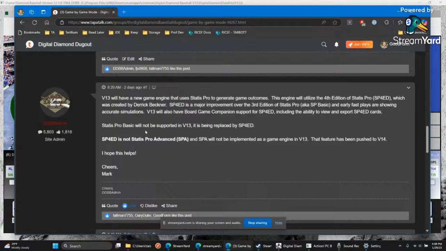Status Pro Basic will not be supported in version 13. It is being replaced by the 4th edition. Then he says here, and he kind of put it in bold, Status Pro 4th edition is not Status Pro Advanced. And Status Pro Advanced will not be implemented as a game engine in version 13. That feature has been pushed to version 14. So he is planning on it. So that's good. So basically what we're going to see in version 13 of Digital Diamond is this Status Pro